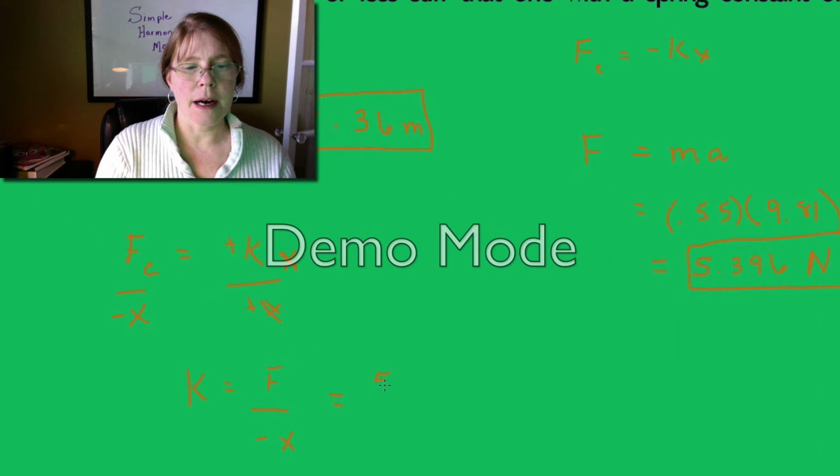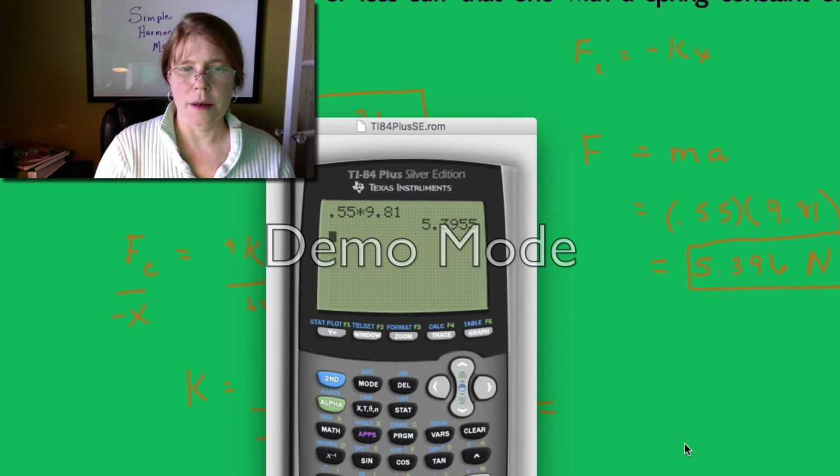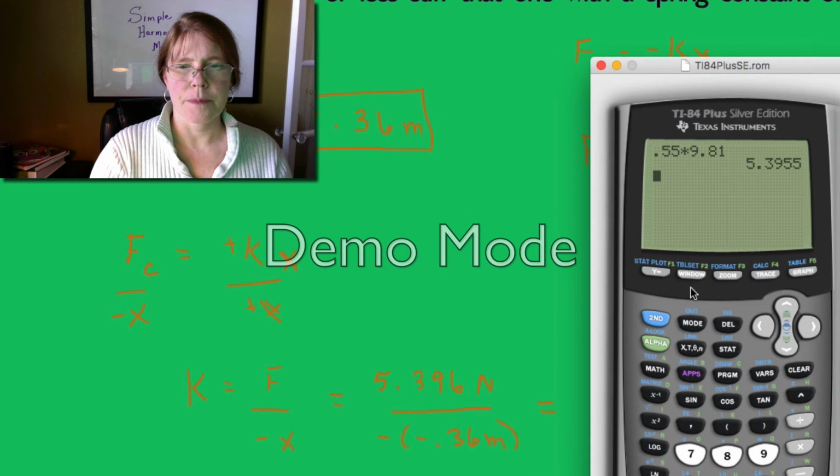So we've got 5.396 newtons divided by negative 0.36 meters. I'm not going to put the negative in because I know that's going to end up being positive. And it gives us an answer of